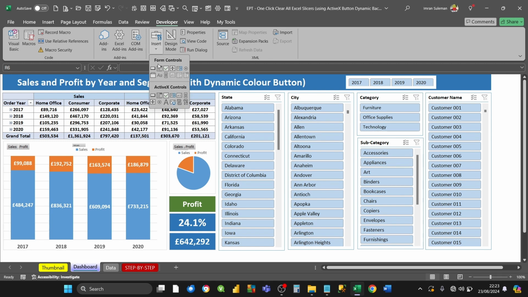Now for the dashboard in the previous video, I used a button from the forms control menu, but for the dynamic button, we're going to be using a command button from the ActiveX controls menu. Click on that and then place it and resize it over the area of the dashboard where you want it to appear,